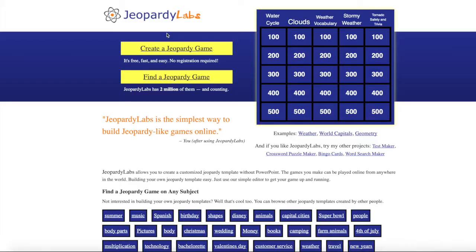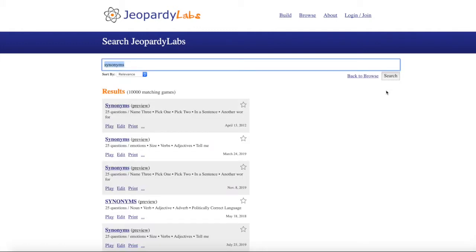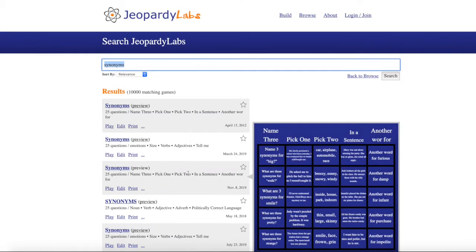Today, I want to show you this really cool create your own Jeopardy game site. This is from Jeopardy Labs, and you can go there and search Jeopardy style games that have already been created. So I can put in a keyword here, such as synonyms, if I'm wanting to address the concept of synonyms with my online student. And you can see what pops up and use an existing game here if you find